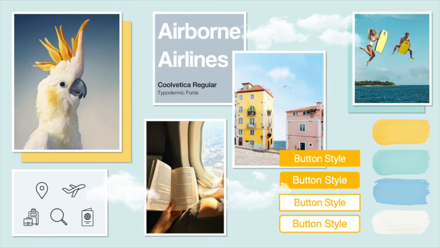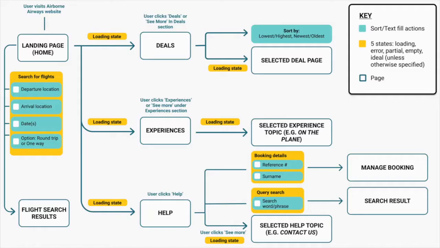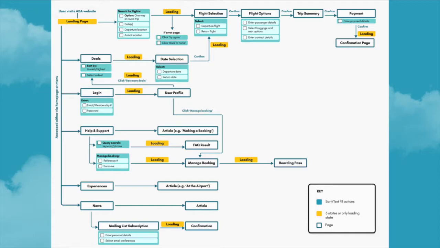Overall, I aim to keep my design modern and minimal in line with the UI trends. So I chose to have simple buttons and sans serif fonts with rounded edges. Next, I created this UI flow that mapped out the blueprint of my design. Originally, I had just 4 pathways based on the lo-fi templates, but this expanded as my project progressed. And for this, I mainly had the homepage demonstrating the full UI stack of ideal, loading, partial, empty, and error